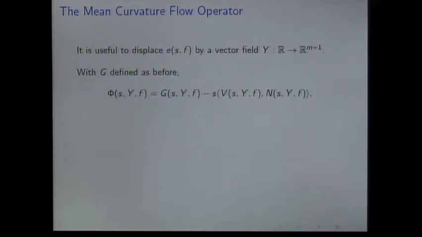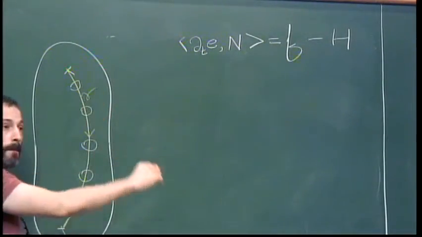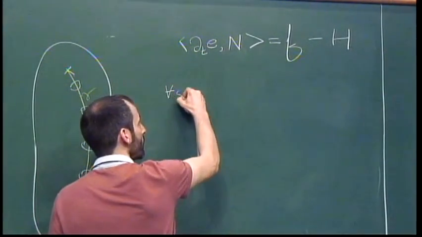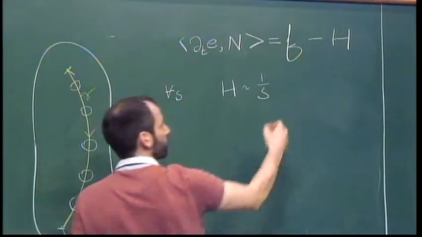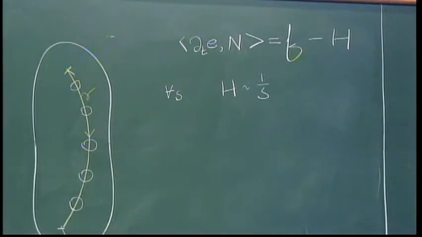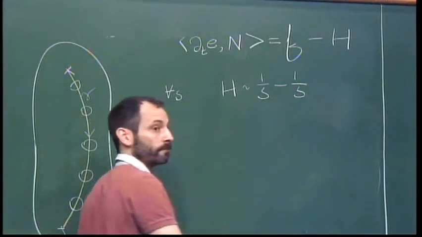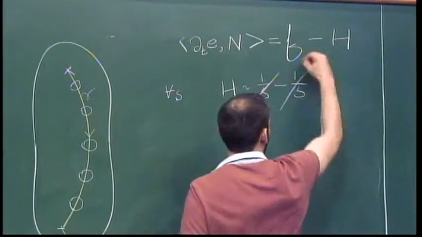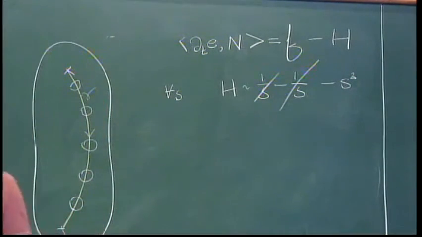Because what's happening is, we're always moving along the geodesic at constant speed. However, for all S, the mean curvature of these little spheres is approximately 1 over S, which is very big. So a priori, one would imagine that if we were using mean curvature flow, we'd be moving faster and faster and faster. But no, there's a forcing term. The forcing term is 1 over S. So we remove that. The remainder, it turns out, is of order S squared. So we actually have this remainder term in the mean curvature, which is of order S squared.